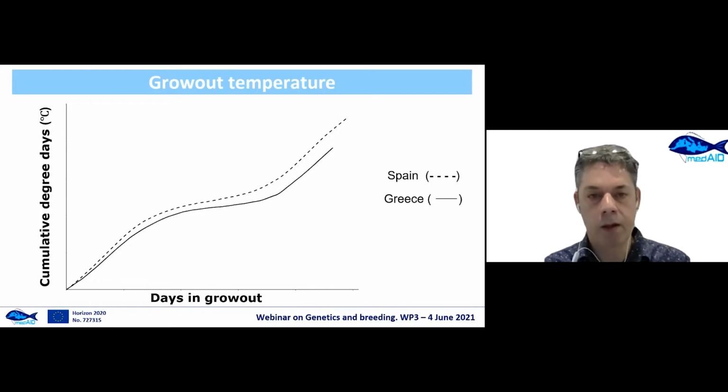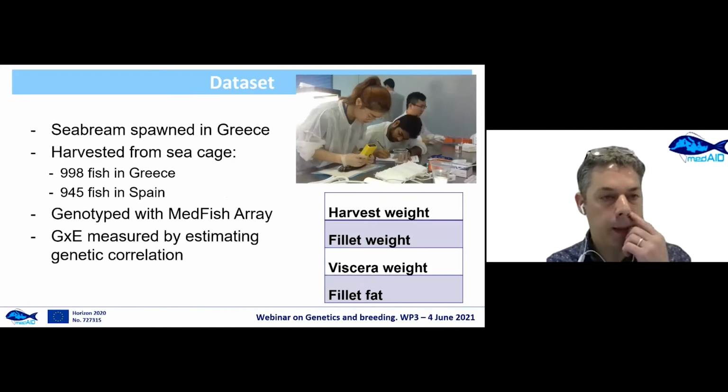Also, along the growth trajectory, you see that the pattern in Spain is more smooth, so there's less sharp increases or decreases in temperature compared to Greece. So we have these not cold but warmer and less warm environments, and then at the end of the production period, we